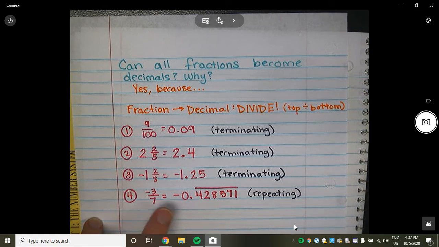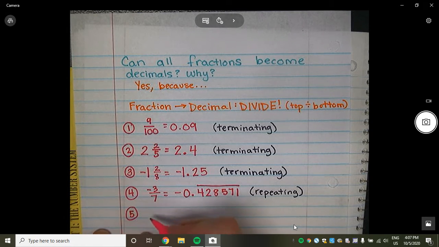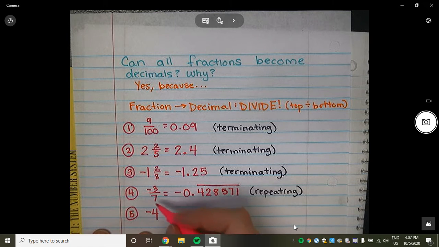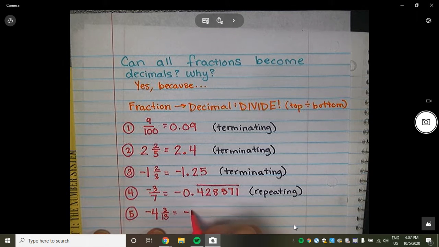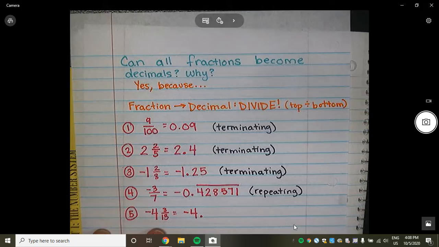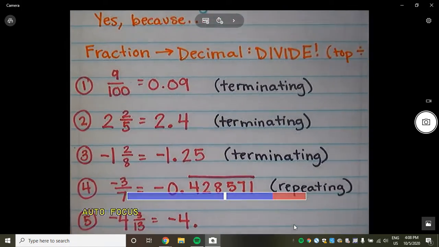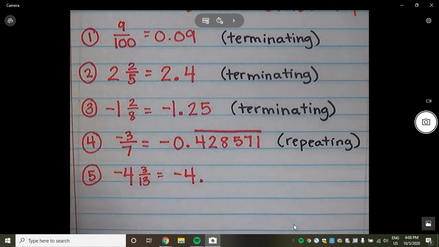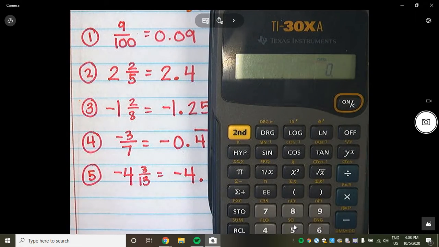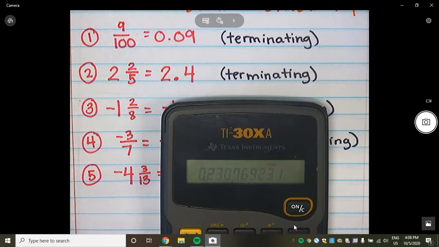So let's do one more example. Number 5, -4 and 3/13. So I know this -4 is going to come before the decimal point. Zoom in there. -4 comes before the decimal point, and then I need to divide 3 by 13. And I end up with